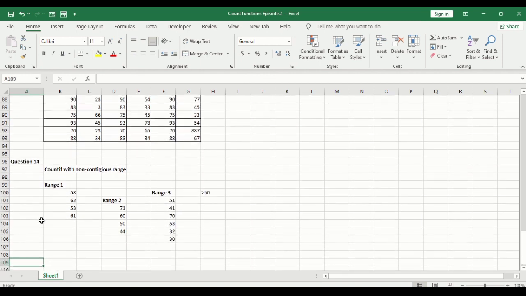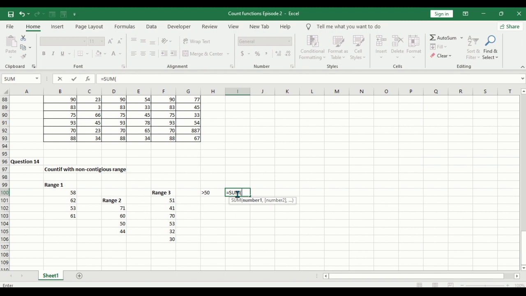COUNTIF with non-contiguous range. What does this mean? There are 3 ranges here. Range 1, range 2, and range 3. Out of these 3 ranges, we want to look for numbers that are greater than 50. How do we do that using Excel? It's very simple as well. Write the formula equal sign SUM COUNTIF